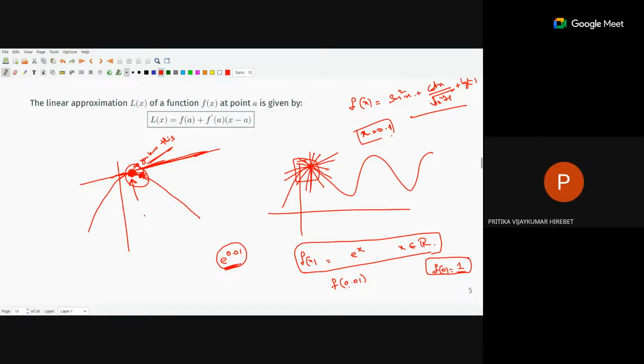Sir, how will the graph of the third derivative, fourth derivative look exactly? Is there any change from the first or second derivative graphs? It depends on the function. See, a derivative itself is a function again, and when it is a function, it has some graph. The double derivative is also a function.